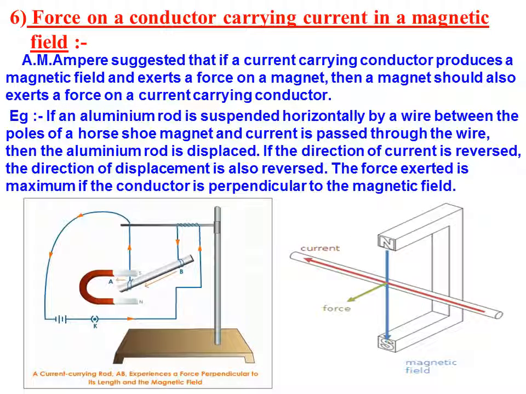Force on a conductor carrying current in a magnetic field. This is an activity which is based on Fleming's left hand rule. In this case, a U-shaped magnet is taken in which a hanging wire or hanging conductor is between them. So these two both become magnets. Same poles will repel each other and also exert a force on the hanging wire or hanging conductor. That's why it is also known as the kicking wire experiment.